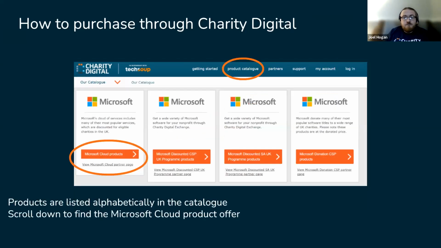Once you click login, click on the product catalog and scroll down and you'll see 4 different tiles from Microsoft. The one on the left is specifically for Microsoft Cloud subscriptions, so you click on the orange button there. The other ones are for our on-premise licenses, which we have some interesting offers on at the moment, if that is of interest to you. Once you click the orange button,